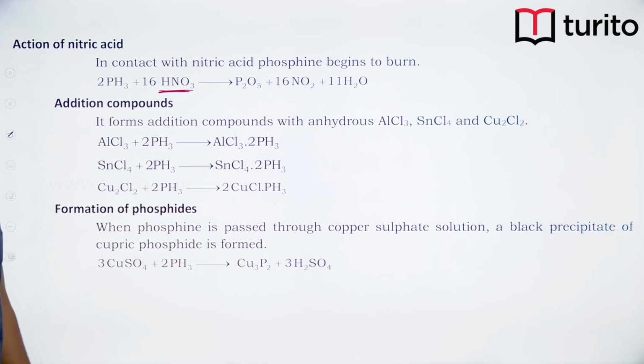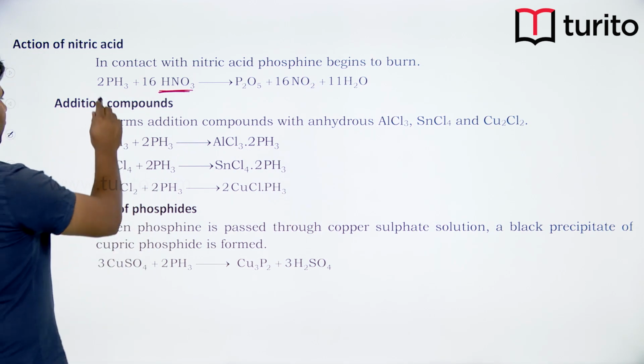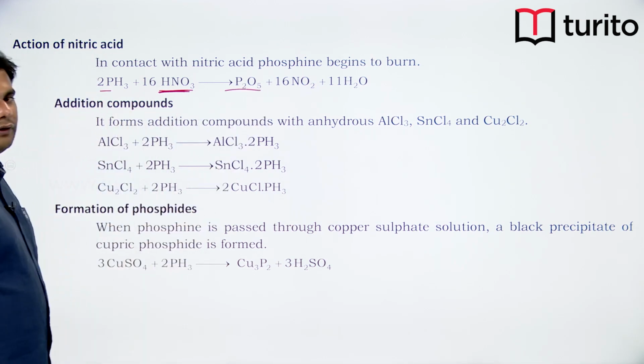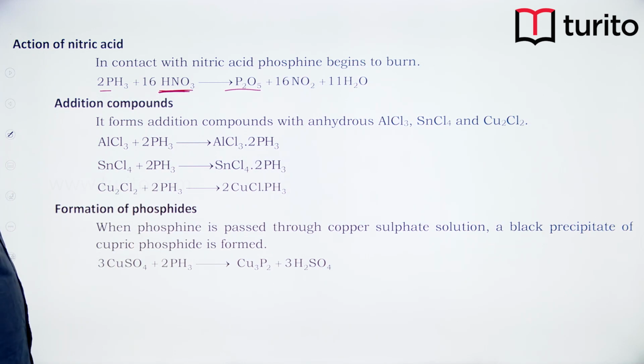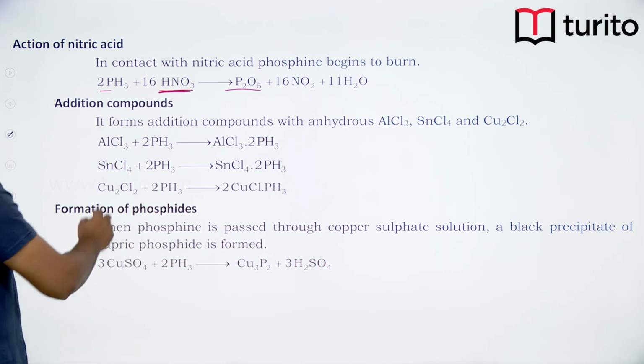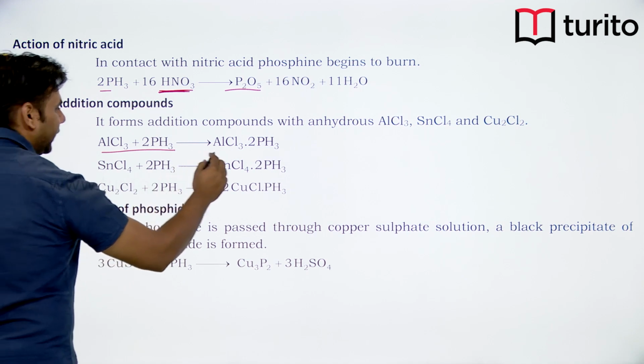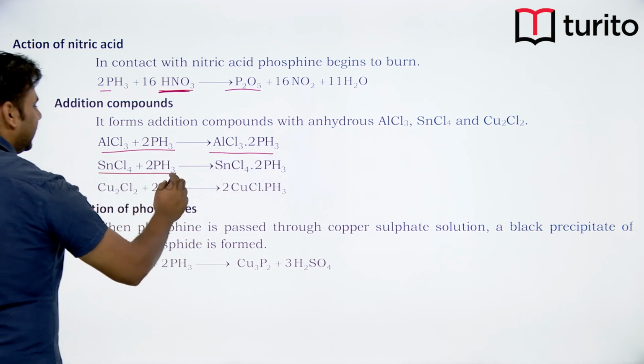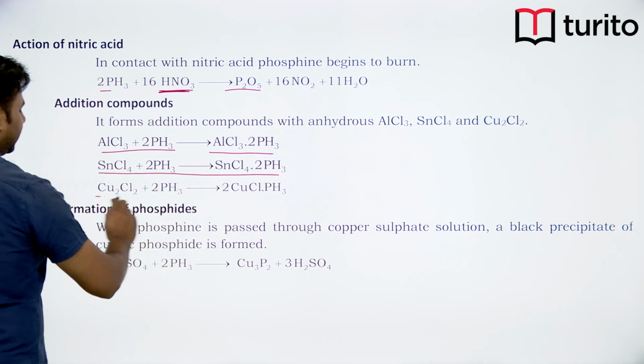Okay, so nitric acid, when it acts as an oxidizing agent, will oxidize phosphine into P2O5, NO2 and water. If you look at the addition compounds, if you react AlCl3 with phosphine, you form AlCl3.2PH3, SnCl4 forms SnCl4.2PH3,